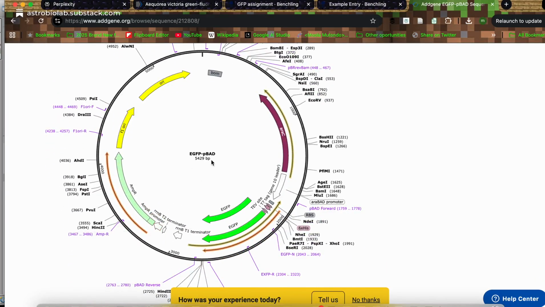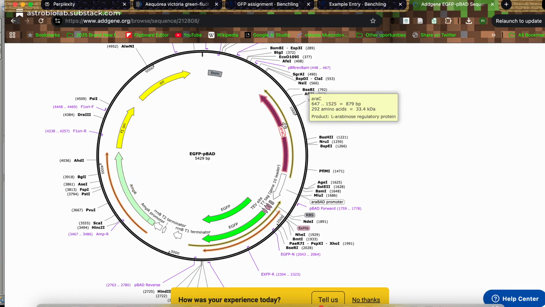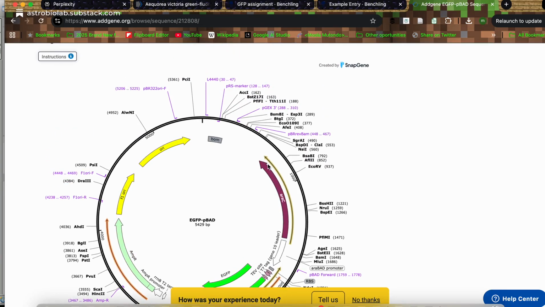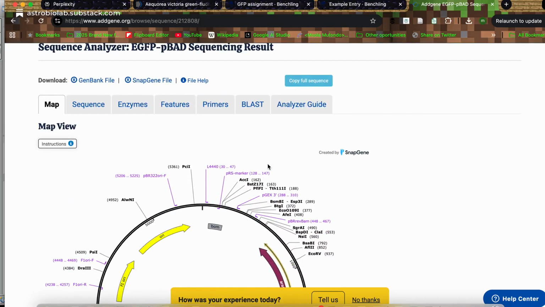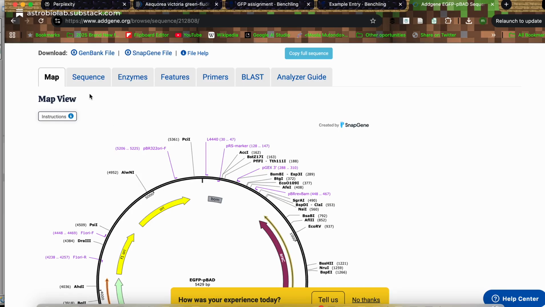So this one is called eGFP pBAD, and here's the GFP. This gene actually expresses GFP, and because it's a plasmid, there's ampicillin resistance, there's the origin site, and all the rest of it. So this is an example of a plasmid,